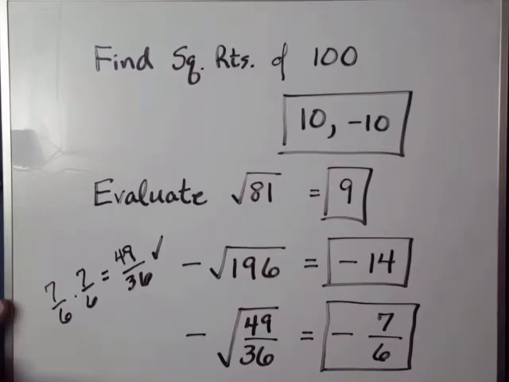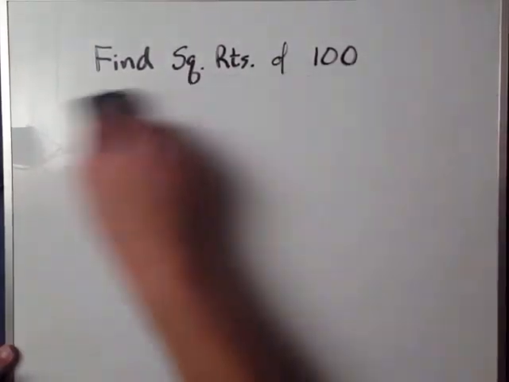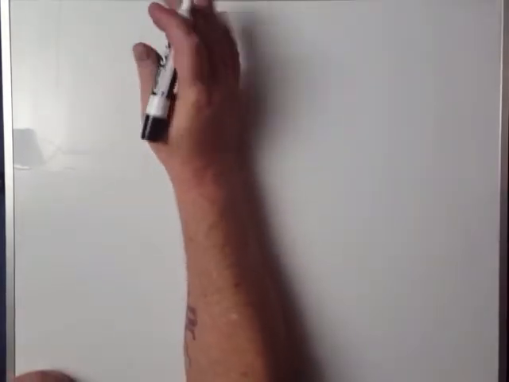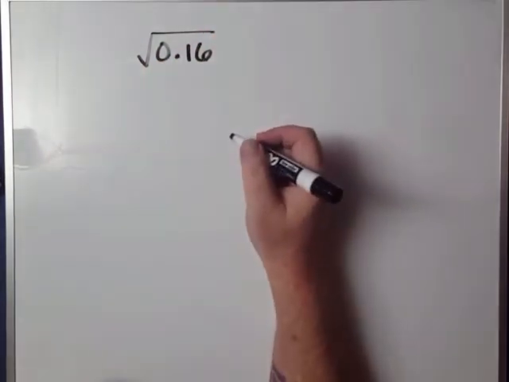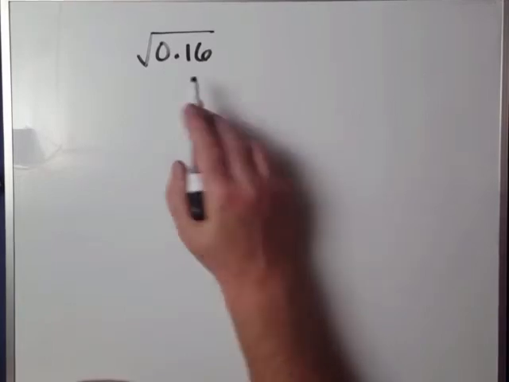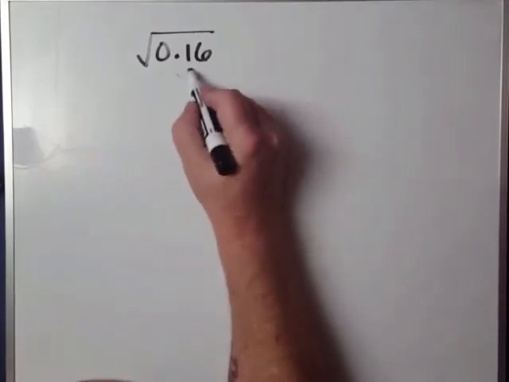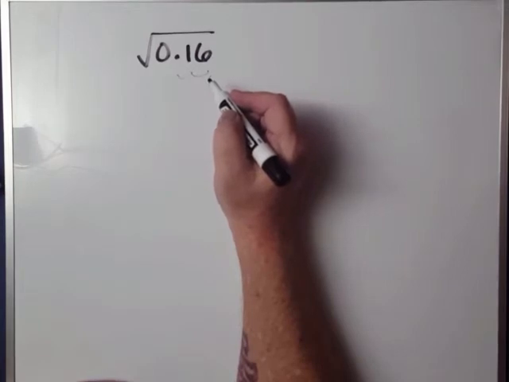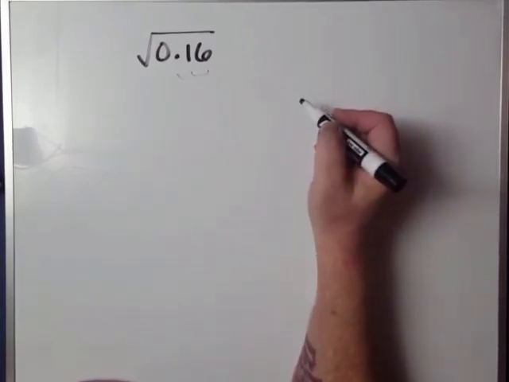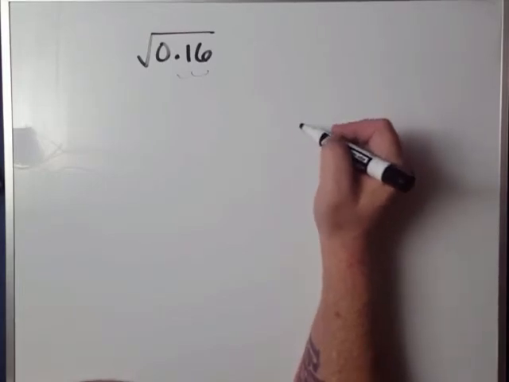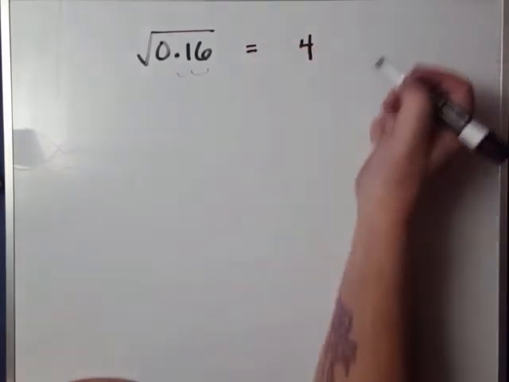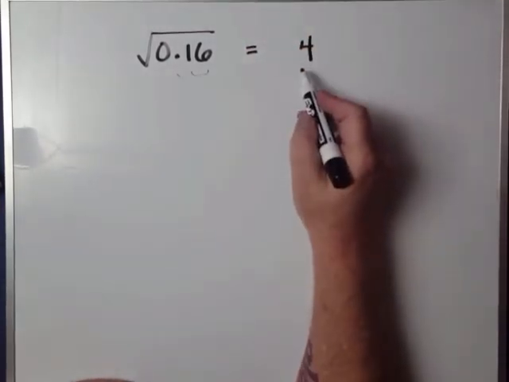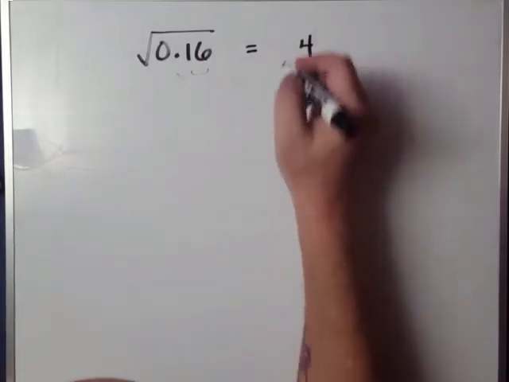Number 34. We have a decimal. Evaluate the square root of 0.16. Well, I need something times itself that's going to result in a 16 with 2 decimal places. When I'm multiplying, I count all the decimal places in the problem. What number times itself gives me 16? A 4. What number times itself gives me a 16 with 2 decimal places? A 4 with